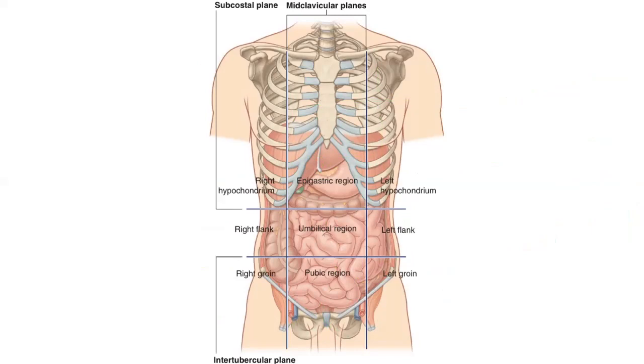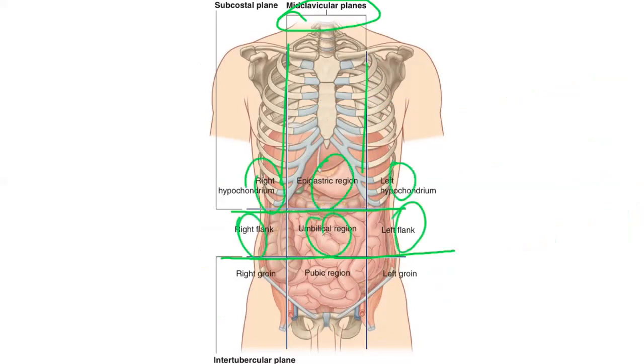You see, these are the planes: mid-clavicular planes, subcostal plane, intertubercular plane. So we have all the regions: right flank, umbilical region, left flank, left groin, pubic, right groin,